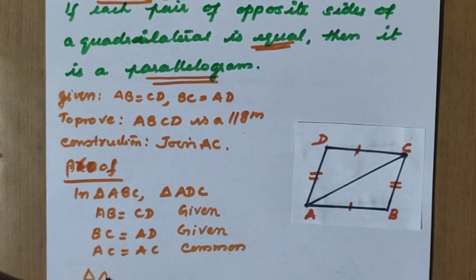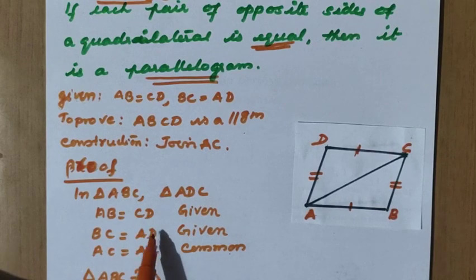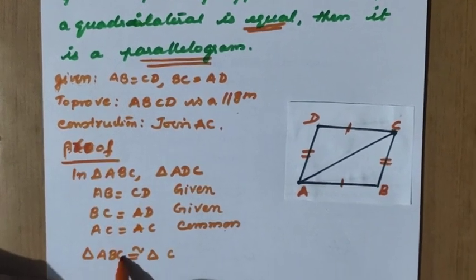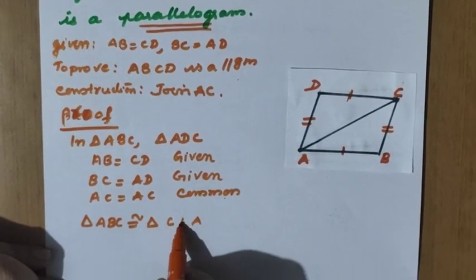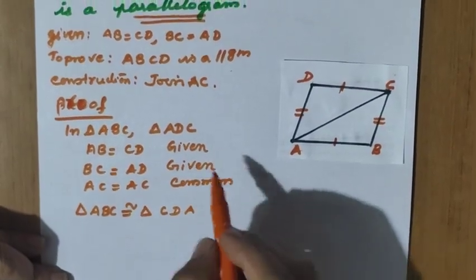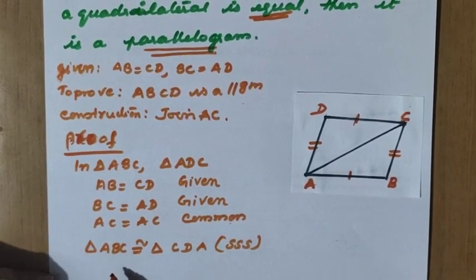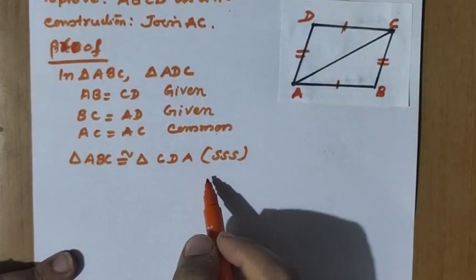Okay, now triangle ABC is congruent to, now we should check the order. The first and the last have a letter in common. So which letter is common in CD and AC? C only. So for A it is C. Again, by the parallelogram property we can know that instead of C you can write A only. Now what is the letter left? It is CDA. So now the criteria, all three are sides only. So SSS criteria. Now what we have to prove? It is a parallelogram we have to prove. Now by SSS criteria we have proved.